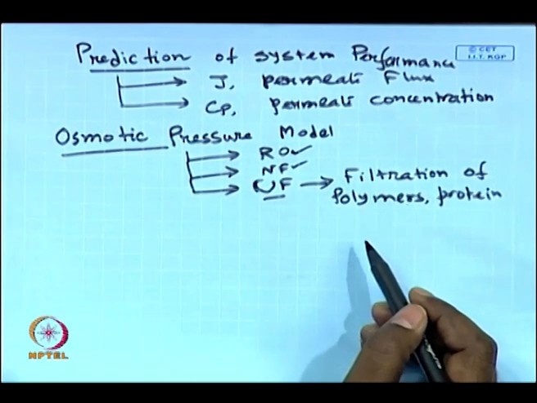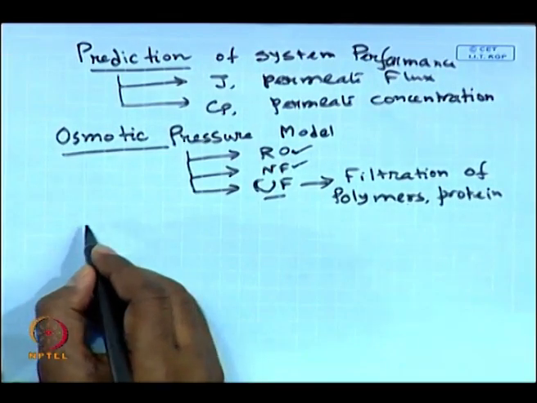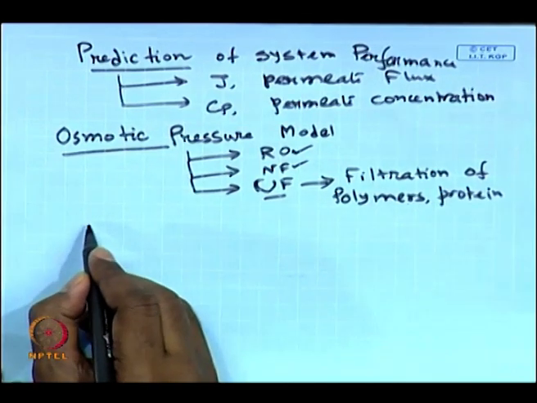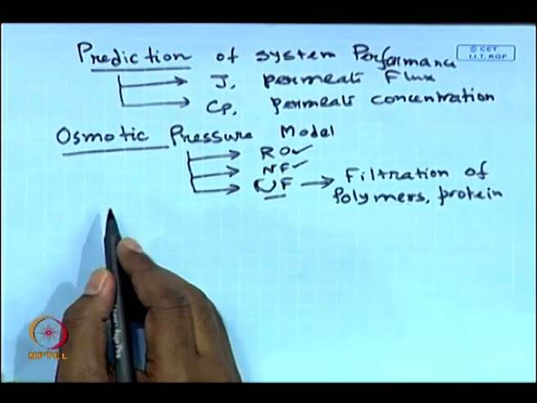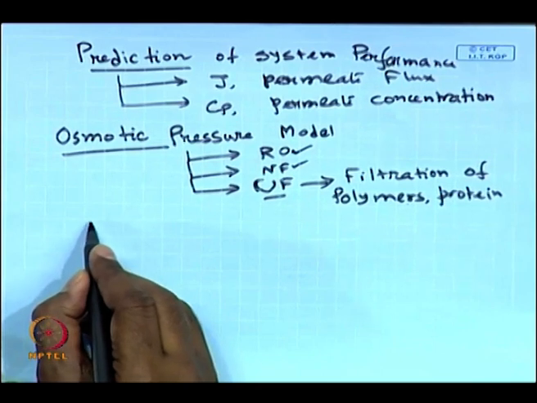So, in membrane separation systems, almost 70% of the filtration that we can think of, ranging from reverse osmosis to ultrafiltration, is osmotic pressure controlled. Therefore, the osmotic pressure model becomes of utmost importance, and we should discuss it. So, the first equation that you will be getting for the solvent flux or the permeate flux will be Darcy's law.